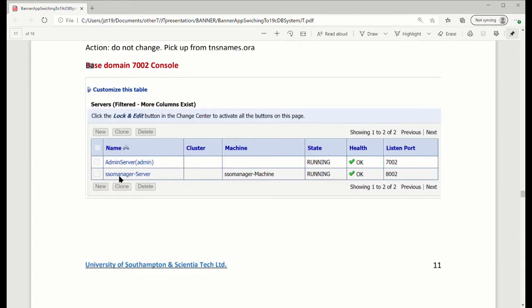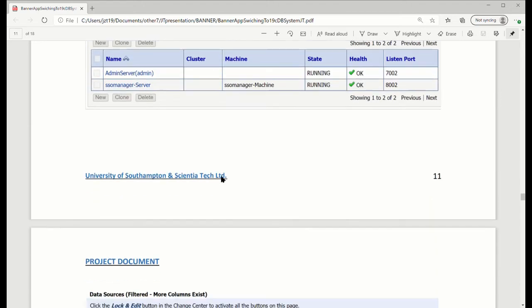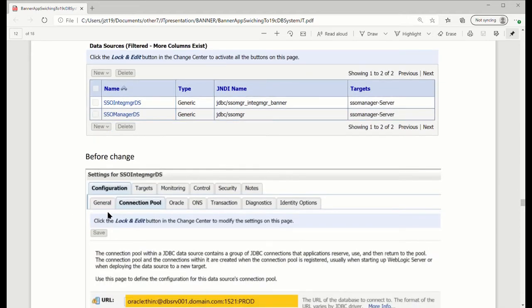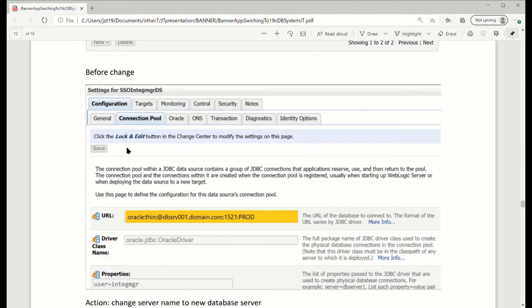They have an SSO manager server created underneath. And then under this server, this application, you're going to find two data sources. DS meaning data source. Of these two data sources, one is for INTEG MGR, another one for SSO MGR. These two users are database users that connect to the database. So for the first one, you see the username is